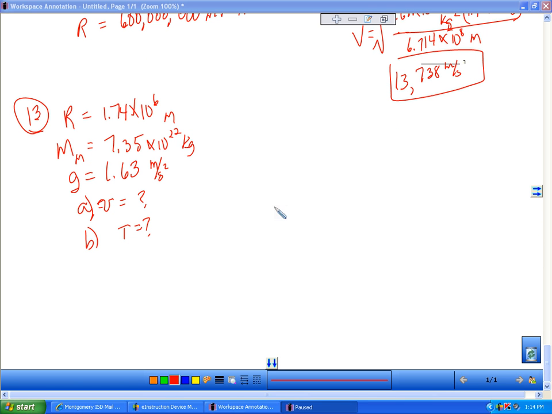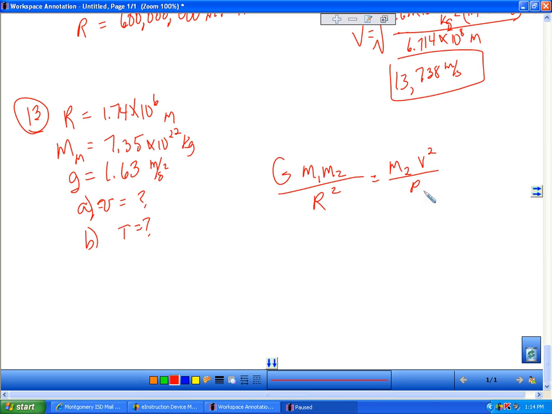Okay, on number 13, they've given me a list of givens, and they want me to find the orbital speed of a satellite just above the surface of the moon, and then the period of that same satellite. So I said, well, big G m1 m2 over r squared is equal to the mass of the satellite, I'm going to call that 2, v squared over r. Cancel, cancel, cancel, cancel. So v is going to be the square root of big G